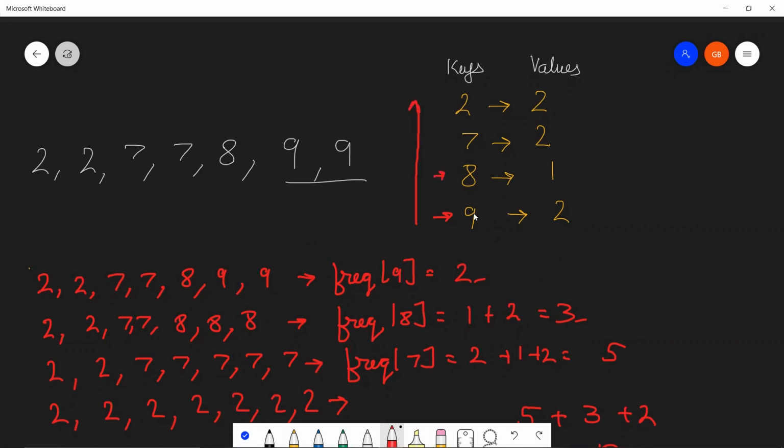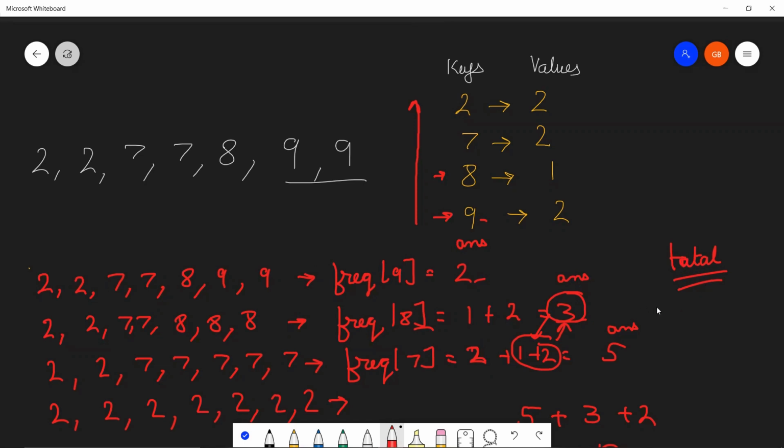So when we reach 8, the previous frequency was 9, which was being added to the frequency of 8. And again, this 3 was basically being added over to this original 7 2. 1 plus 2 was basically giving us 3. So the previous frequency, we added it to the next element, and we got some answer over here, right? And the total of these answers basically gave us our final answer. So this is how we are going to solve this problem.